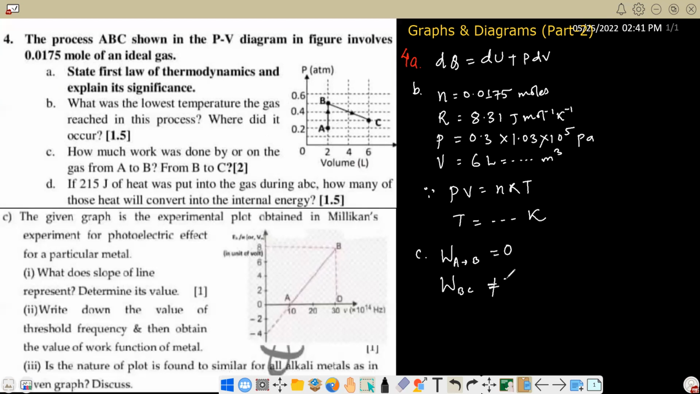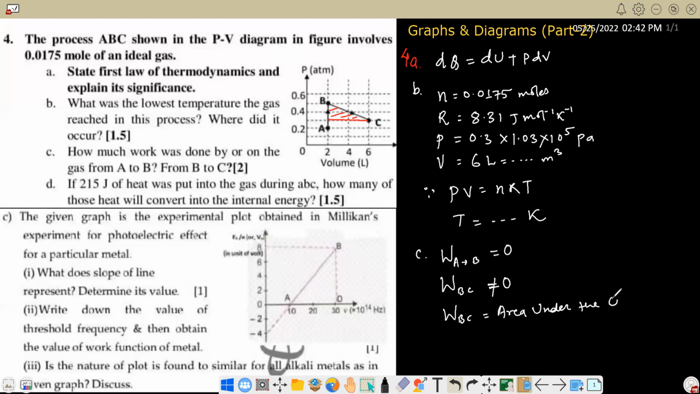Okay, so from B to C, the work done is non-zero, because there is a change in volume. The volume has increased, so there is dV. To find how much work is done, it is quite simple to calculate. Work done from B to C can simply be calculated by utilizing the concept of area under the curve. If you join this line from here, then you can simply get the area enclosed. So the area enclosed here we can calculate by utilizing the formula: work done equals area under